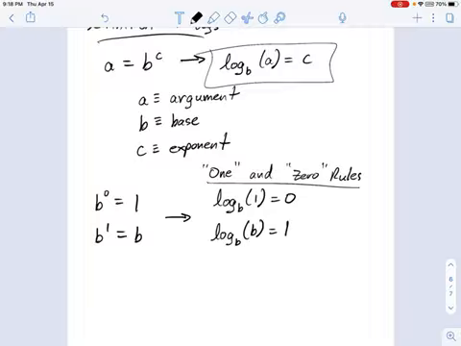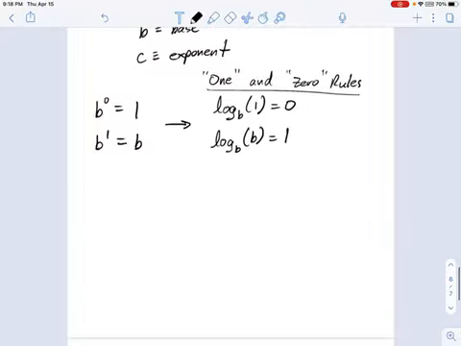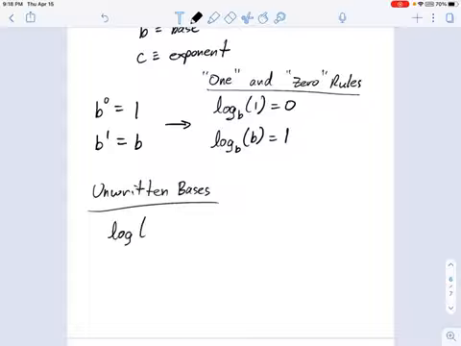There's another set of assumptions, not really assumptions, it's an unwritten rule. They're called unwritten bases. Sometimes you'll see a log without that b written under it. For example, it'll just be log of a number, right? It'll just say log of argument, but it doesn't say what the b is. And when you see something like this, it just means log base 10 of a. And the reason for that is just because 10 is a very common base, so we don't write it.